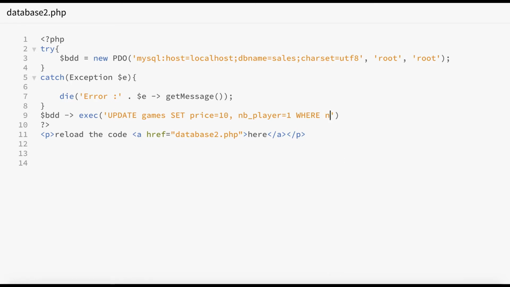So where name equals Tetris and owner is Naha.